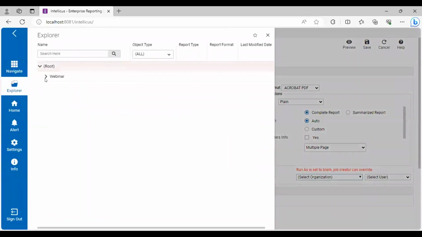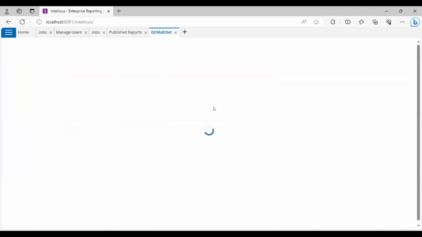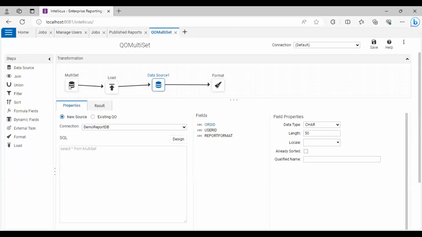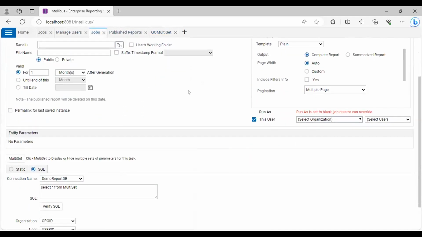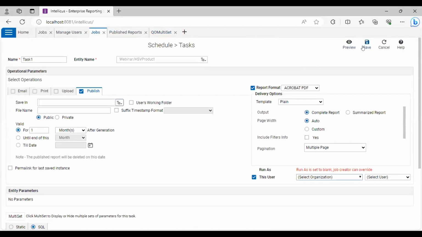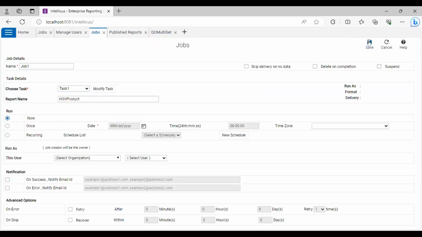I'll also show you the query object. So here you can see that I have one column org ID, the second one is user ID, and the third is report format. So here I've mentioned the organization IDs, the users, and the report format in which I want to download or send the reports. So now when I save this task and run this job now,